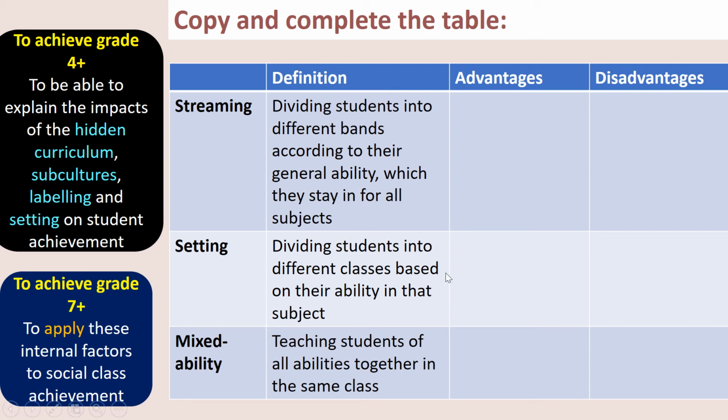Generally, the advantages of setting and streaming students is that if you've got students of the same ability together, then the work can be pitched at that level. So all of the strongest students in a subject are in the same class, and you can really stretch them by giving them loads of complicated stuff. And the other students can focus on becoming really strong in the core materials and therefore hit their own target grades. And maybe weaker students can get extra support that they're going to need that other students wouldn't need and can be focused in their lesson. That's the advantage, at least in theory.